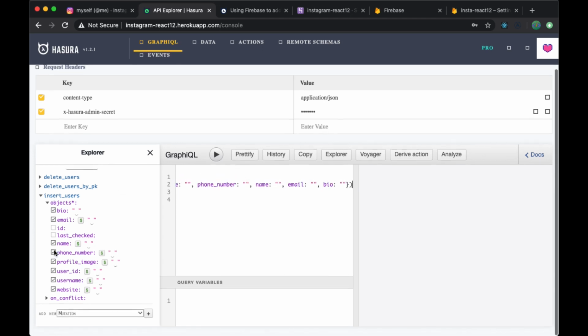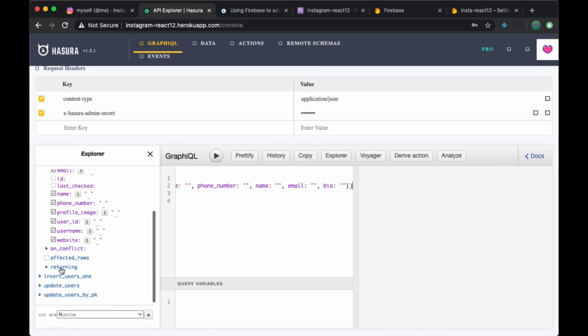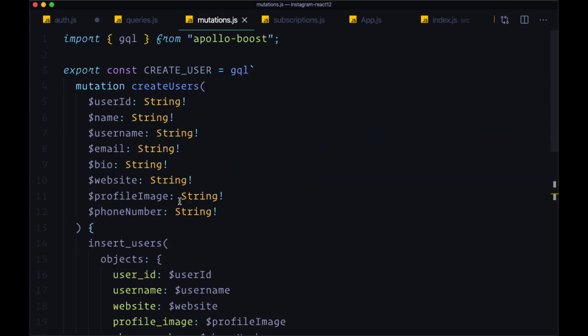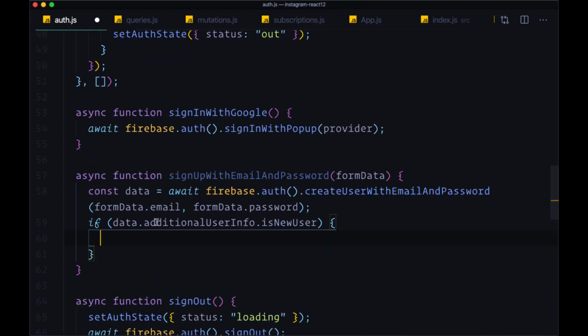If we look at returning, we don't need any of that information. We can just select affected rows since we need to provide something. So we'll add affected rows here, and only one row is going to be affected for every time we create a user. Now, since we've got that, we can provide our variables object here back within sign up with email and password,